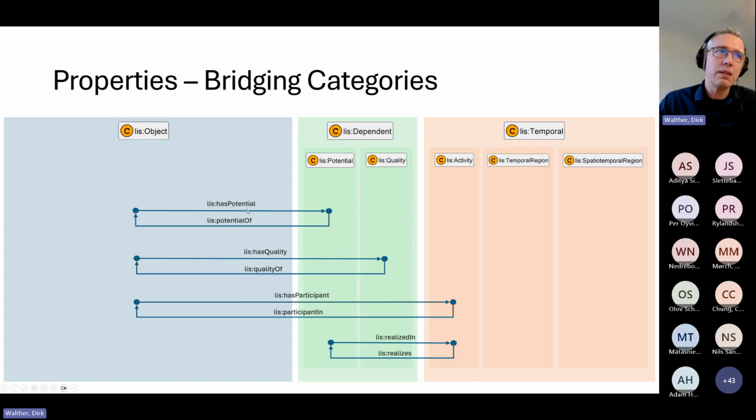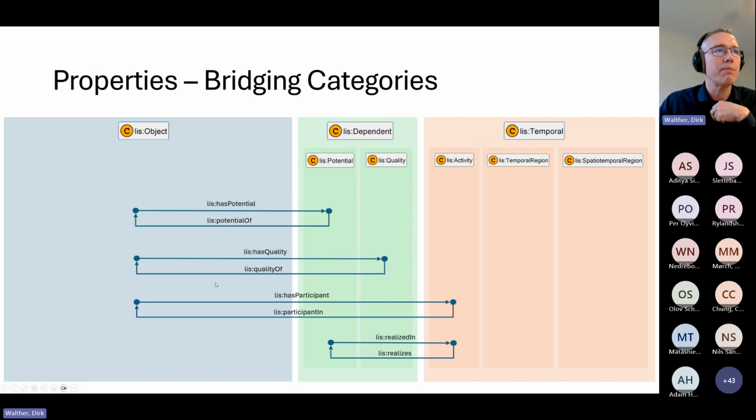There's also a property hierarchy. So there will be a more dedicated name for a function, for a property that connects an object with its function, and that is simply called has function or function of. But the top level property is called has potential or potential of.